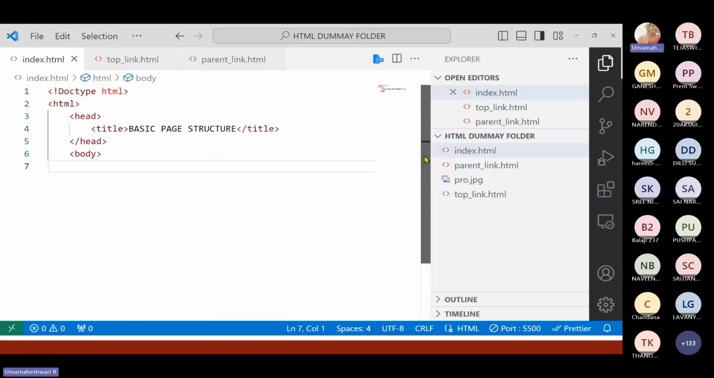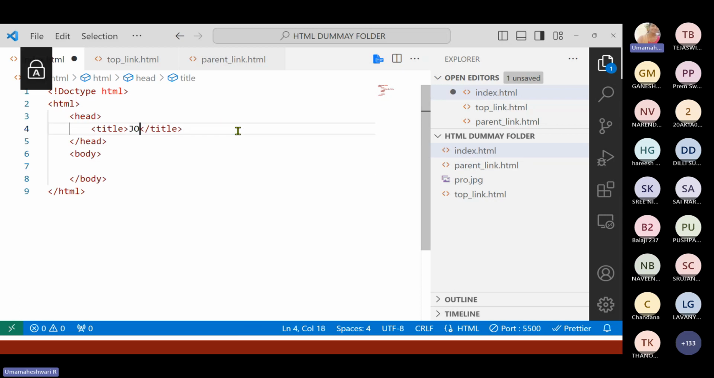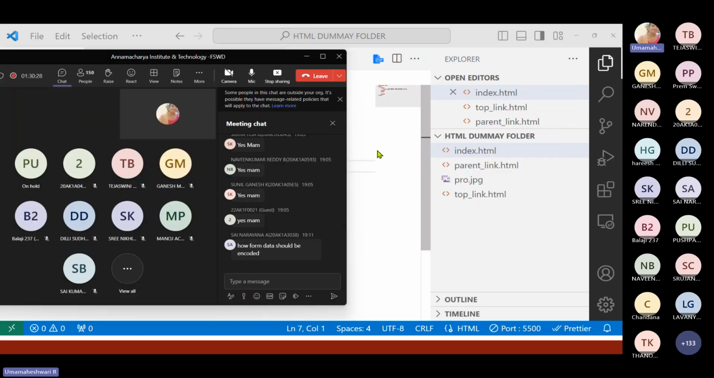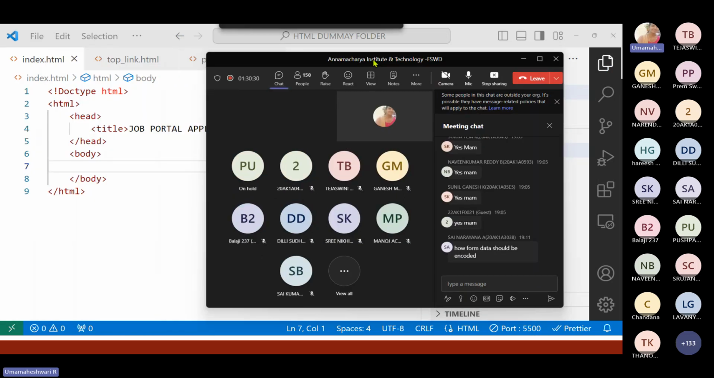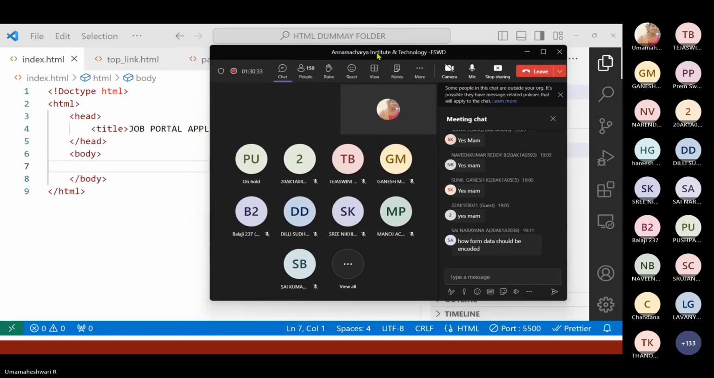Okay. So now I'll create this body element. I'll close this HTML. Clear? So inside this, I'm going to create a job portal application. So now the question is to you. For a job portal, what are the inputs we can get from the user? What are the important things we need to get? Job portal means